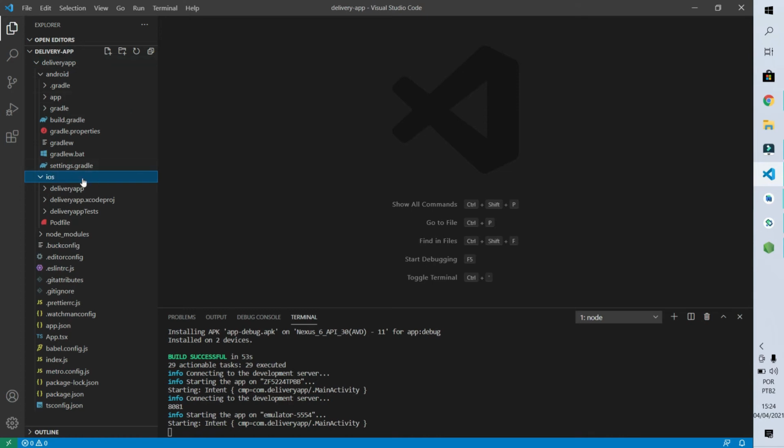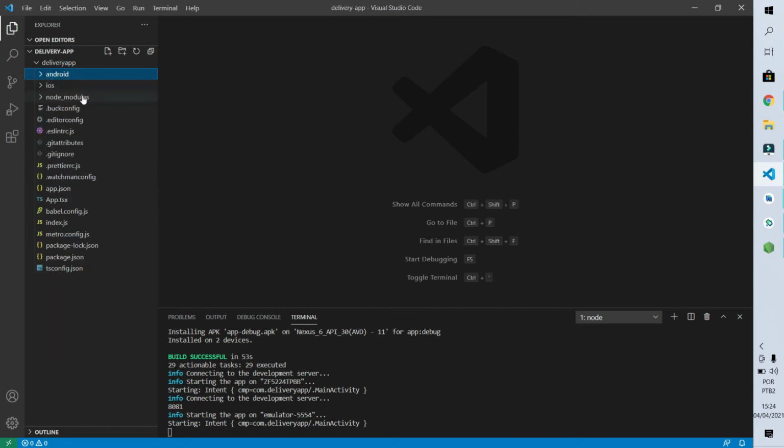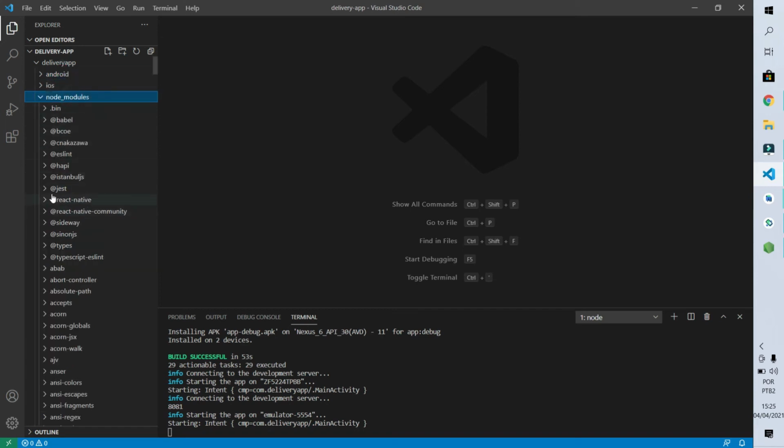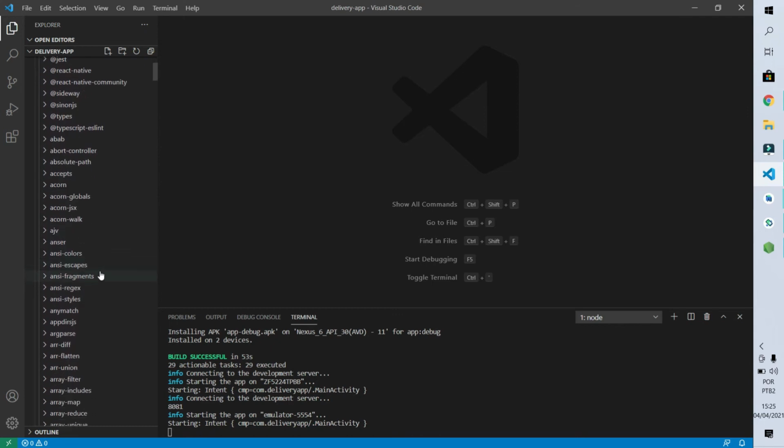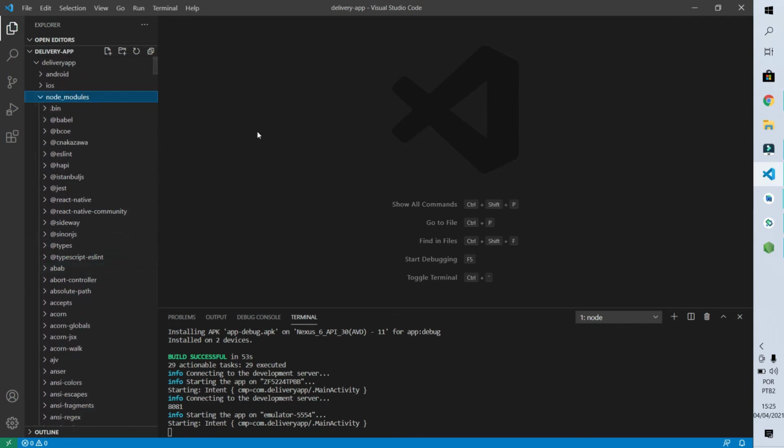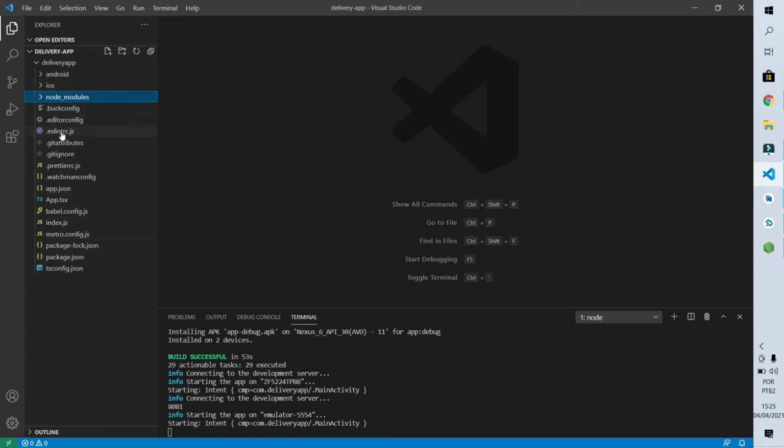But for now, we don't have to worry about the contents of those folders. Our next folder of interest is this Node modules. That folder contains all the libraries that are needed for our project to work. It's important to know that we will never change the things that are inside of this folder.